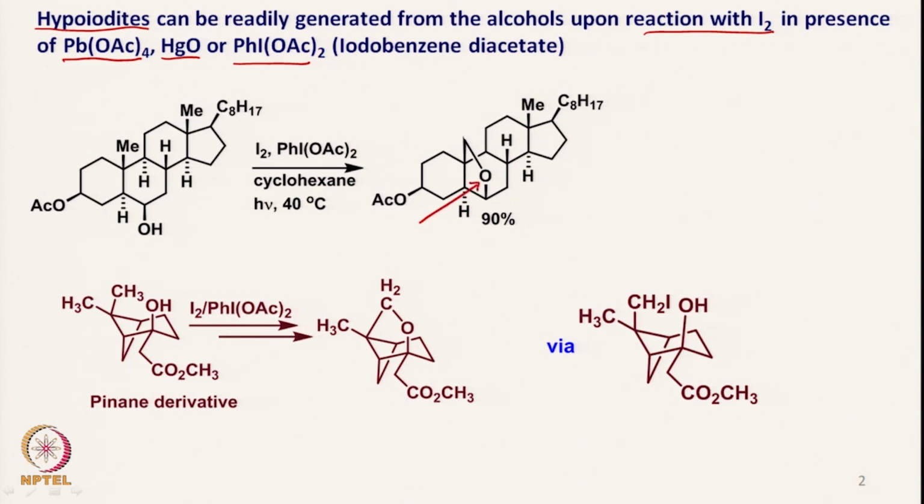So, basically you have the 1, 2, 3, 4, 5th carbon and the 6th hydrogen, and that is why we got a 6 member transition state which gave the corresponding iodo compound, and that was cyclized to give this tetrahydrofuran. In a similar fashion, if we take the pinene derivative,